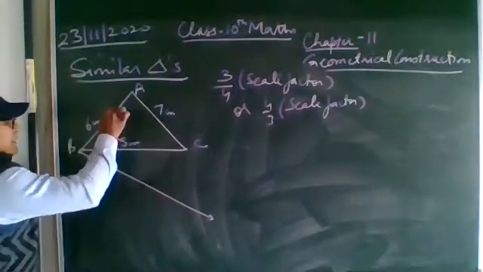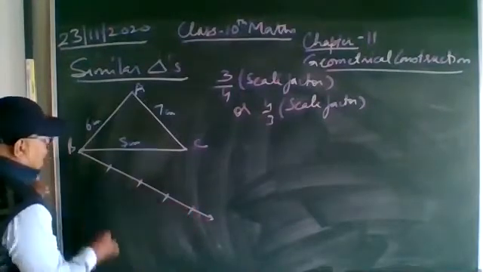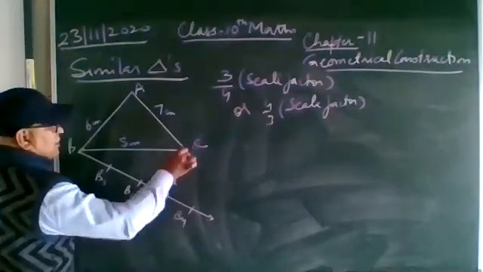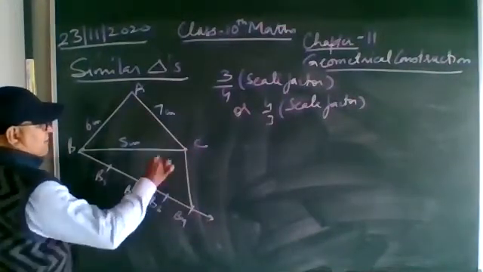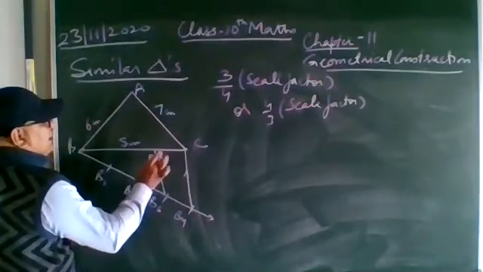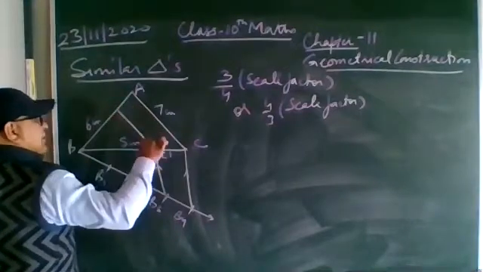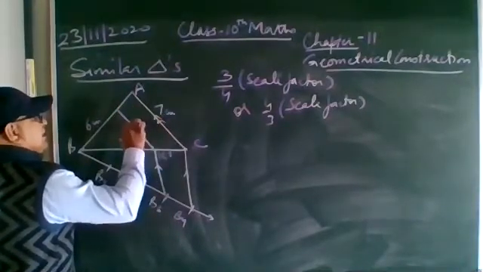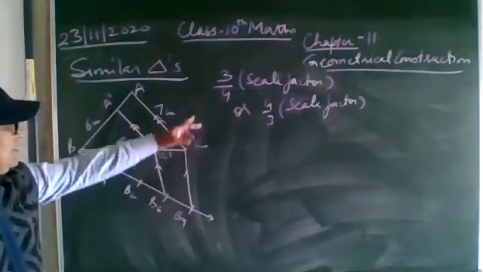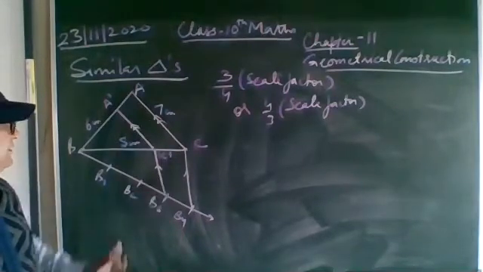What you have to remember is that the total number of parts will be 4: 1, 2, 3 and 4, B1, B2, B3, B4. Now join B3, this is the parallel line. First you have to draw this parallel line, and you will get C dash. Now here again you copy down the second parallel line, A dash. So in 3/4, at B3 you have to draw the parallel line.